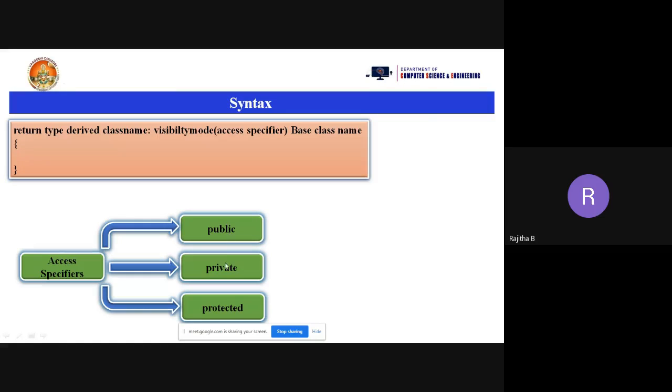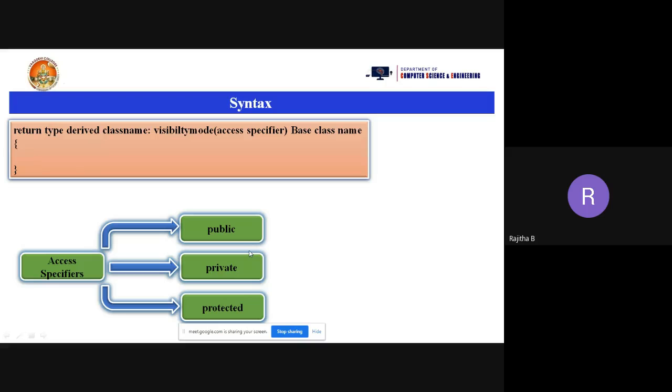But if you are using private and protected, we can secure the information here. We have a separate topic on access specifiers, so up to that, just know the types of specifiers. If you are using public, anybody can access, we don't have any security. But with private and protected, we can secure the information.